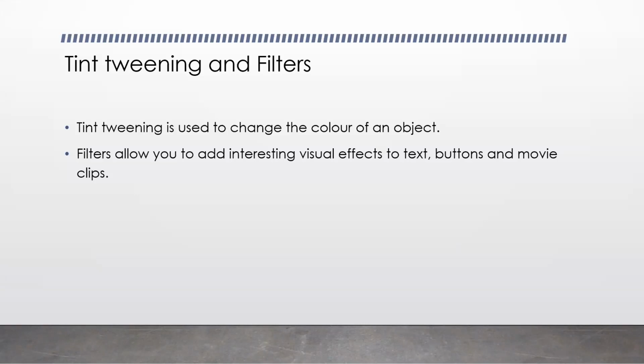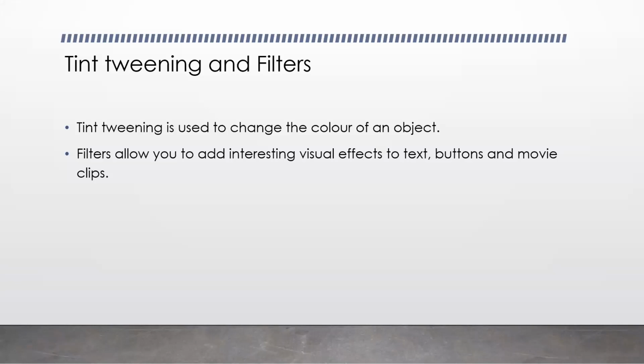All right. So now let us move to the filters. Okay. So filters are given on page number 50 in your book. Please tick mark here. Filters will allow you to add interesting visual effects to text, buttons, and movie clips. That means, like tint tweening was confined to symbols, filters can be applied to anything whatsoever. Okay, so filters usually involve effects such as drop shadow, blur, glow. Okay, that means you are going to highlight your objects somewhere. All right, these effects can be easily applied using the properties panel.